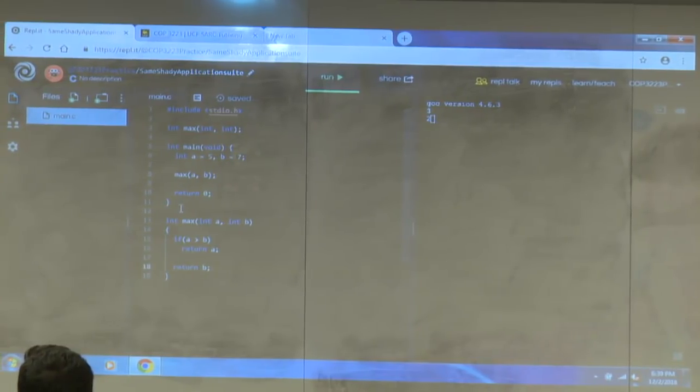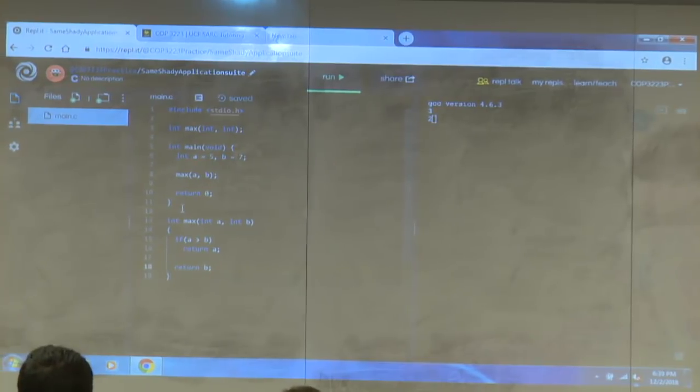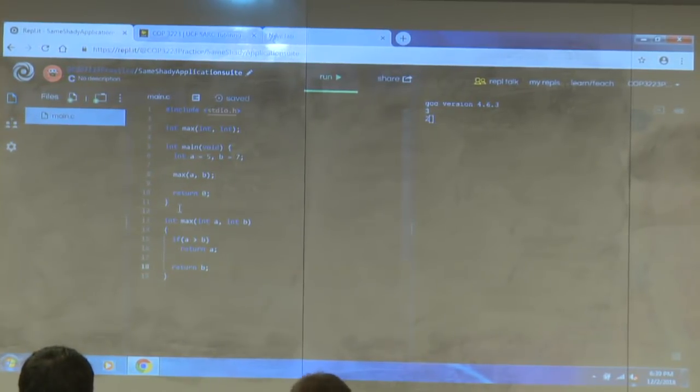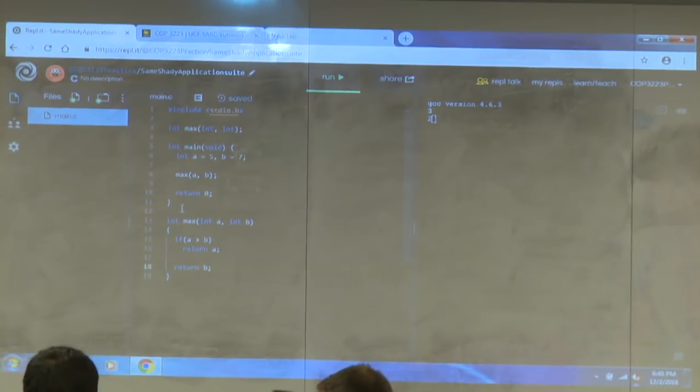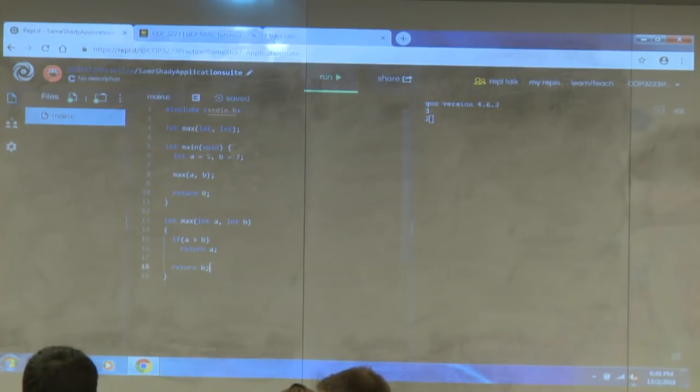And that's a very simple max function. So it checks if A is greater than B, return A, right? A is the greater one. That's what we want to return. And then after that's done, it'll just return B. That's if that thing didn't execute. That's all you need. Because there's returns, you can write an else in there, it's just not really necessary. Also, if you want to make this a little bit smaller,